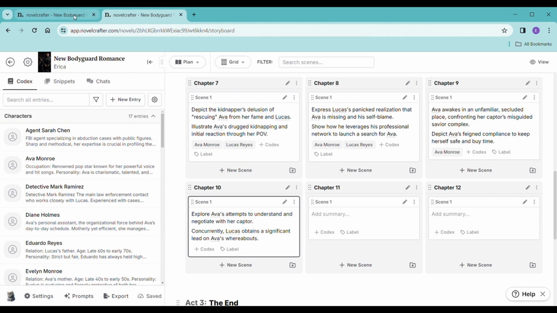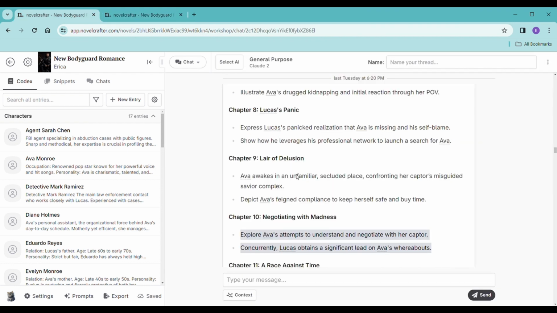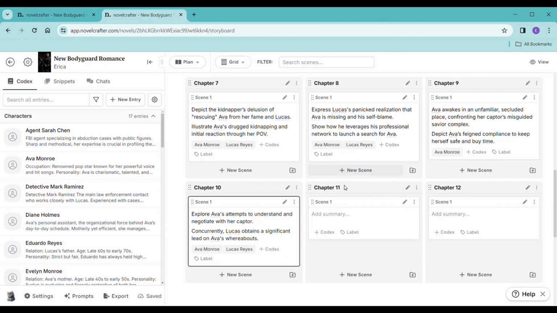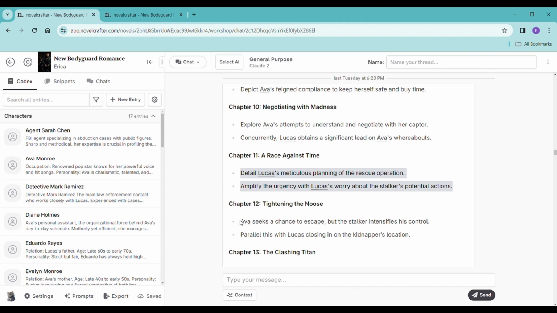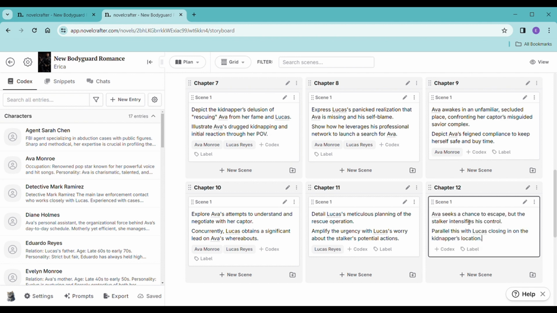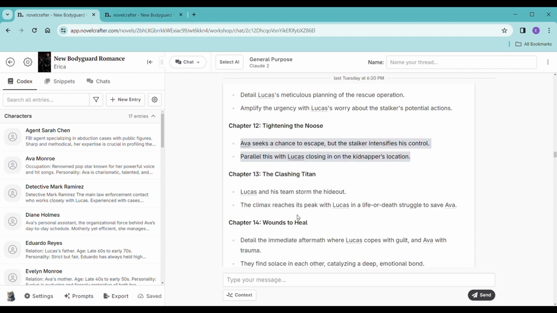I enjoyed the small town romance. I enjoyed how it all came together, but it ended up being 160,000 words, and I'm down to probably 80,000 that's usable. So you do end up cutting quite a lot. The nice thing though is that if you're someone who really struggles with cutting words and getting rid of them and stressing about that,